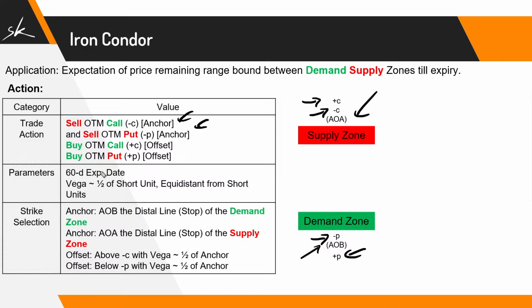Now, whenever we are selling options, like I always say, the closer to expiry we are, the better it is for us, because the faster the time value will be decaying. And when it comes to what should be the offset unit, we want the offset units to have Vega which is almost half of the short units. And why do we want that? Because if we are not adding these, then what is happening is your exposure to Vega is really high.